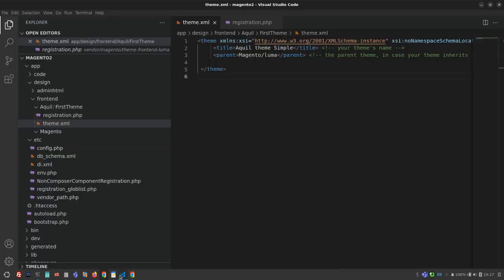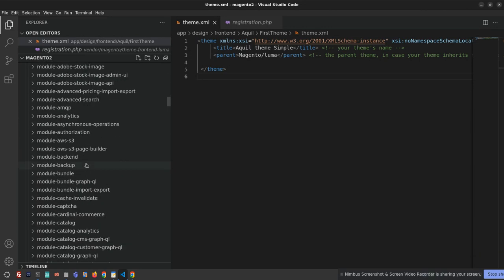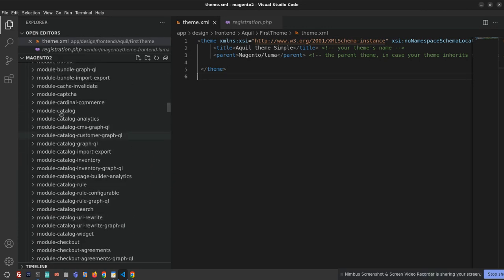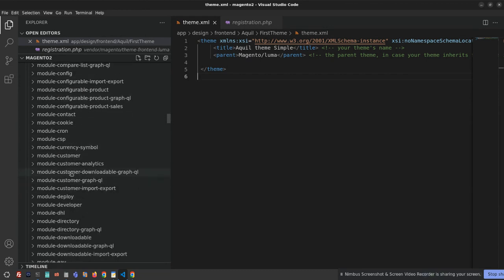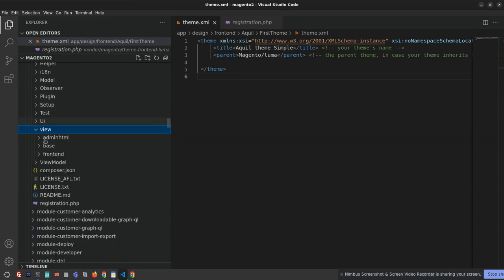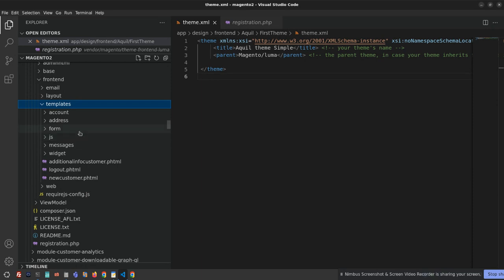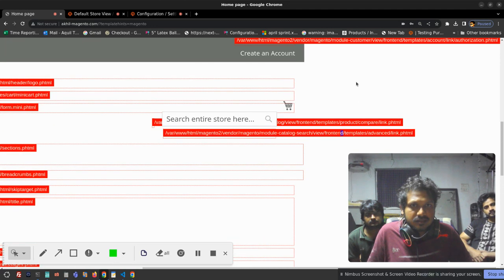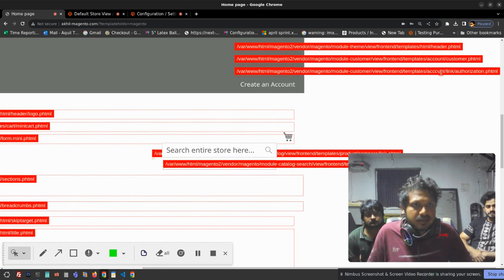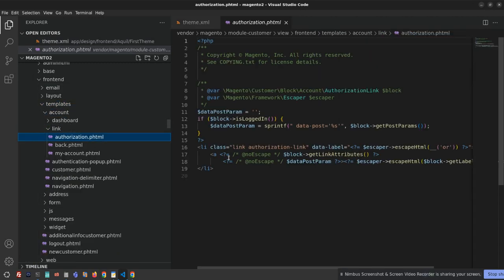So let's go into that Magento directory, then module customer, view frontend templates, account link authorization. So if we open this file,